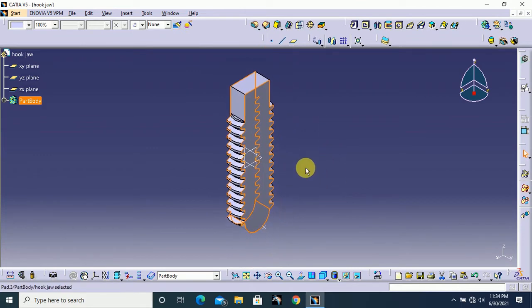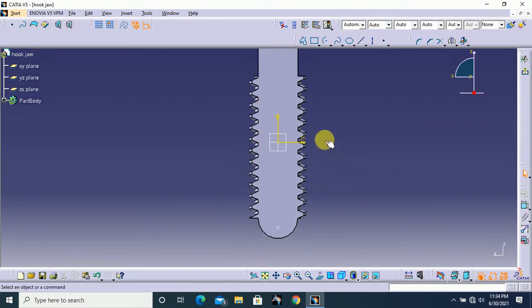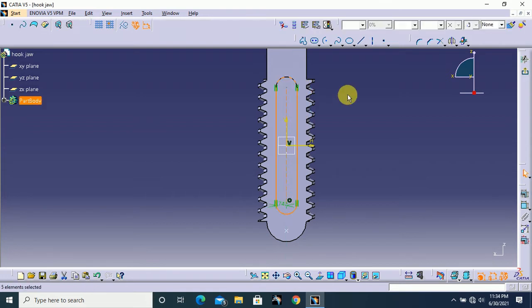Okay guys, next select this face and go to sketch. Here we need to create one profile, the elongated hole. So I use this and I draw this here,